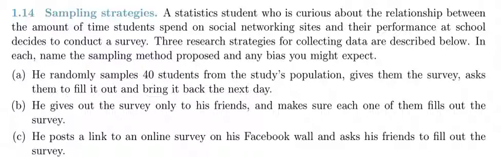C, he posts a link to an online survey on his Facebook wall and asks his friends to fill out the survey. Here, what he's going to get is people who are not only his friends, but they also have to have friended him on Facebook, and they have to be heavy users of Facebook, so they're going to actually encounter the survey. So I'm not sure which way it would bias the relationship,